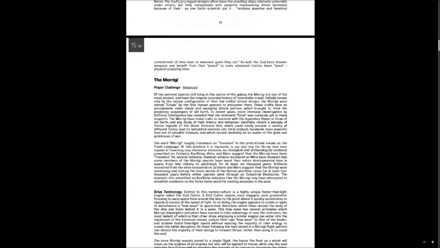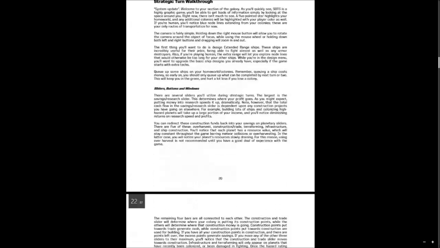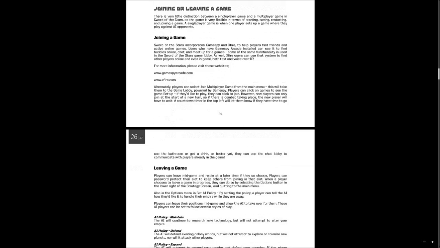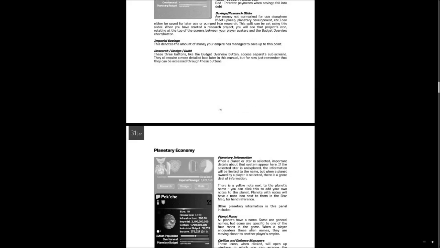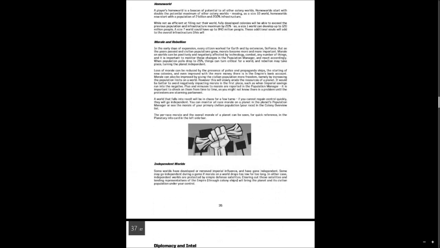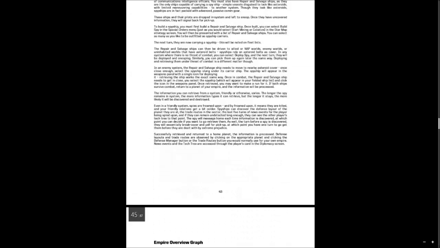It tells you the six races, which you all read about. There's an overview of the gameplay, the cameras, the tech tree, like a walkthrough of a game. You set up the game, some of the menus, joining or leaving a game. X-Fire, huh? It's amazing, I remember X-Fire. You can load custom maps, maintain your empire, there's planetary exploration. So it's just a bunch of instructions for the game, there's not really much lore. Figured I'd still go through it just so you can see the general idea, but for the most part,